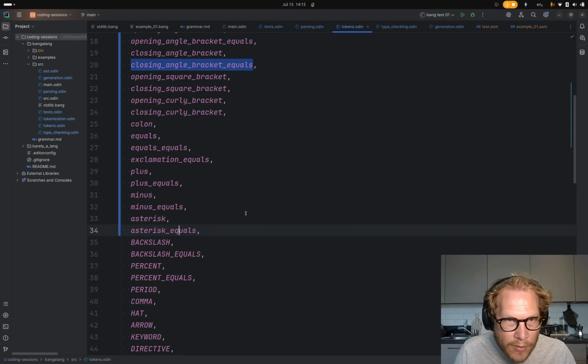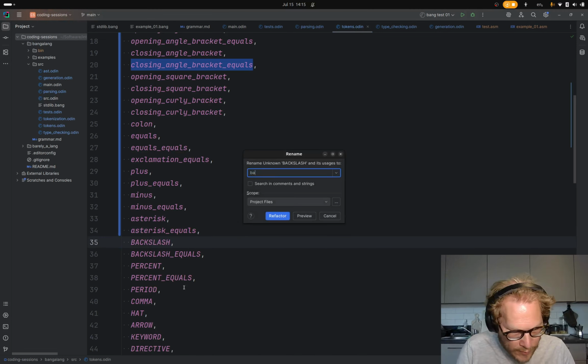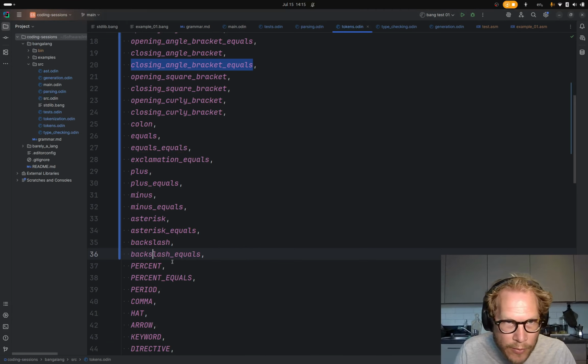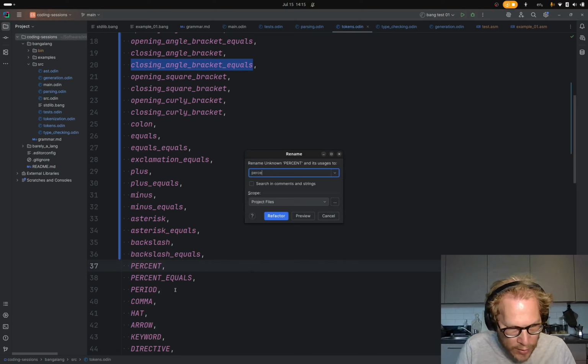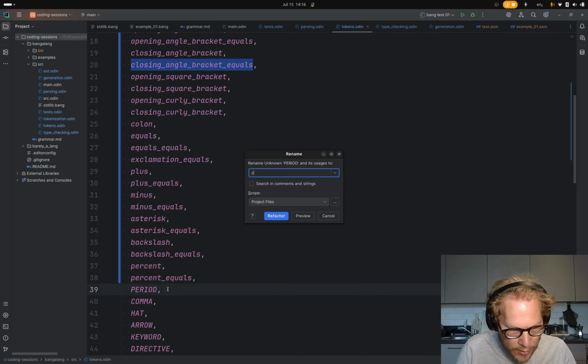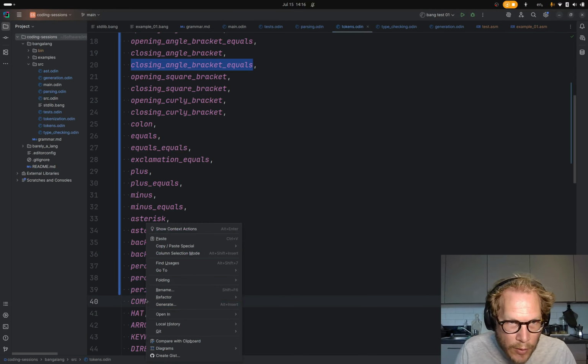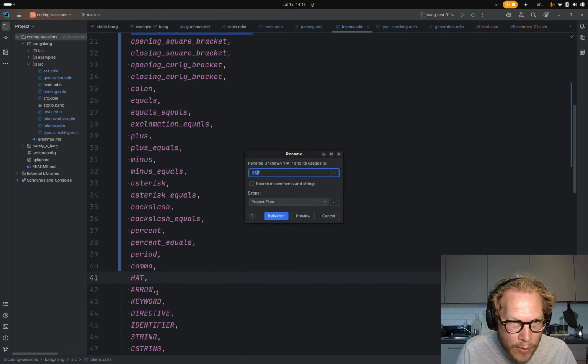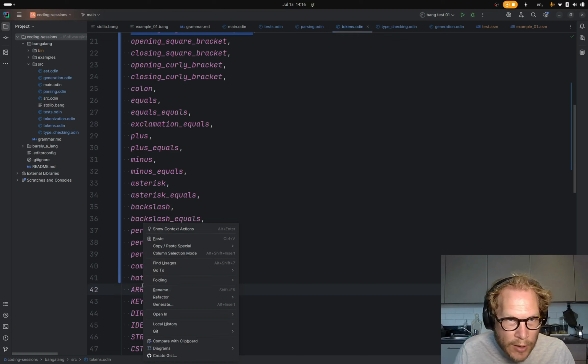Asterisk equals, backslash, equals, percent and percent equals, period, comma, hat,